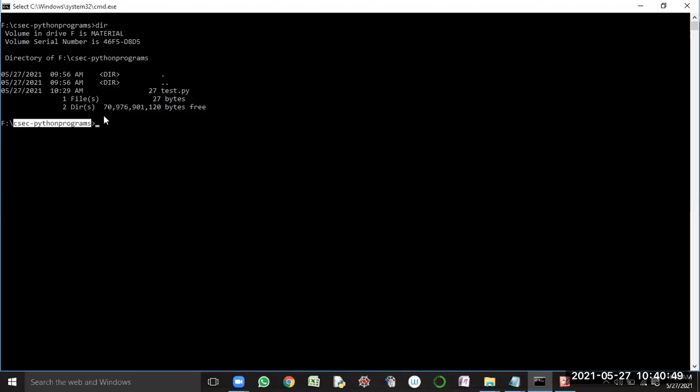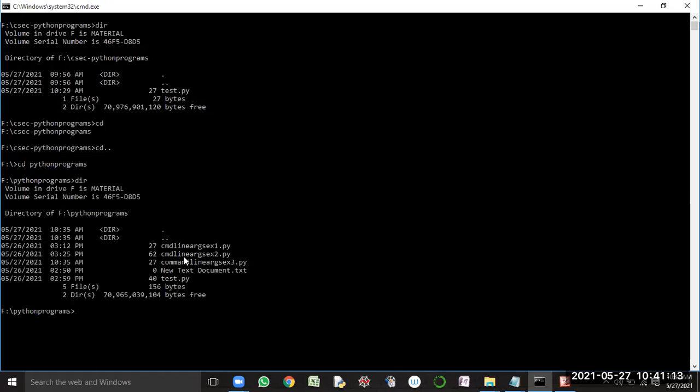So go to that path. Give cd dot. It came to F drive. Now move into the Python programs folder and press enter, and then give the dir command.